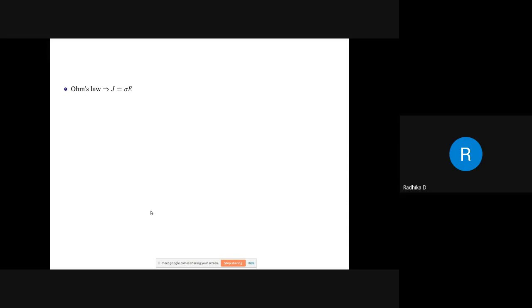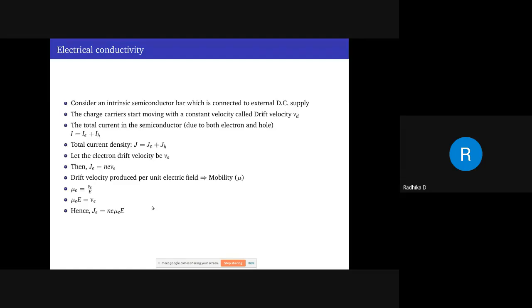Now, one more thing which you need to know is, you got one expression for current density of electron, that is N e mu E into E. What is it? Current density of electron is equal to number density of electrons, or your electron concentration N, into electron charge e, into mobility of the electron into the electric field. This is one expression for current density of the electron.